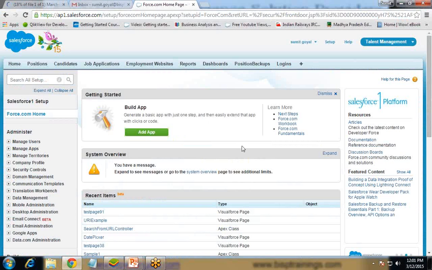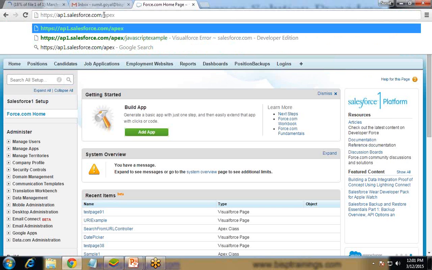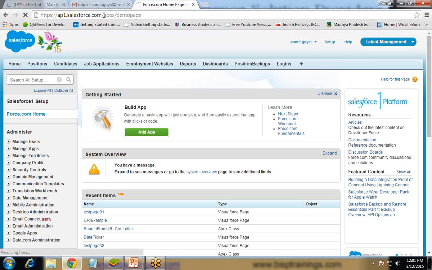So that's my Salesforce, and I'm going to create one Visualforce page first of all, apex slash demo page. That's the name of the Visualforce page.